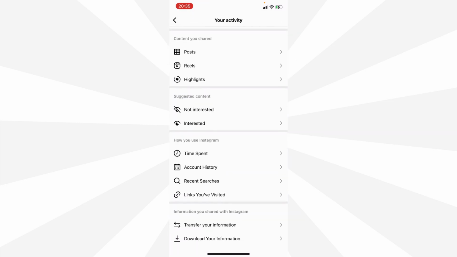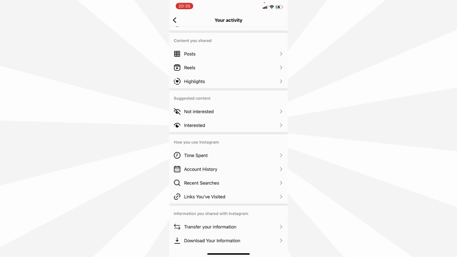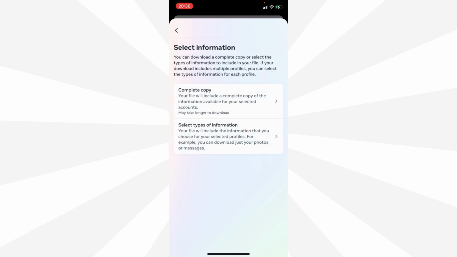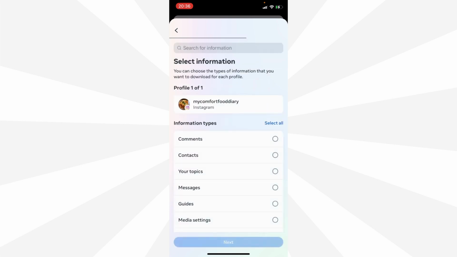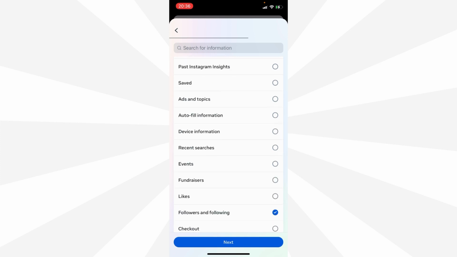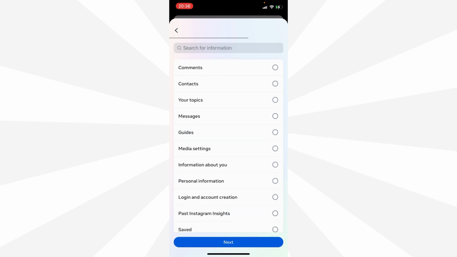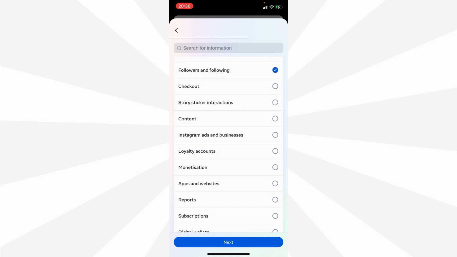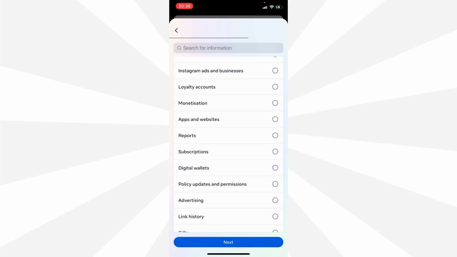Then you scroll down until you see download your information under information you shared with Instagram. Then click on request a download. Then click on select types of information. This is the part where you can select followers and following. But you can also download information like your likes, story sticker and interactions, monetization, reports, and for